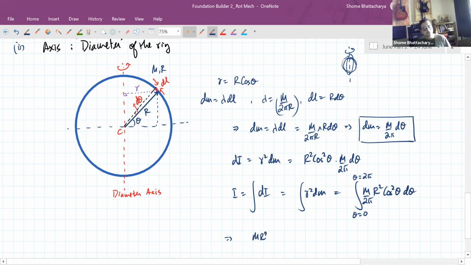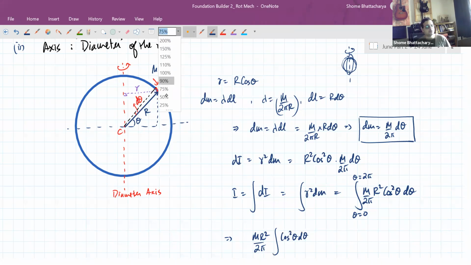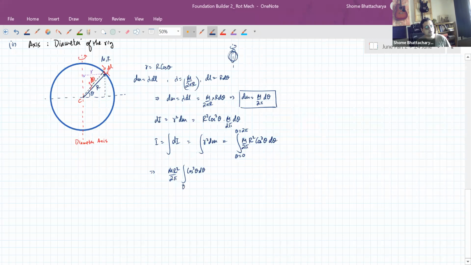So m r square by 2 pi into integration of cos square theta d theta, from theta equal to 0 to theta equal to 2 pi. Just write it down up to here, and I want you to do the integration yourself now. I'll just remind you of the method of doing the integration of cos square theta